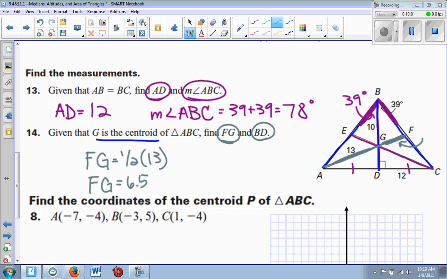If I want to figure out BD, BD is the entire length of the median. The 10 you're given is the big chunk. This chunk down here has to be half of that, which would be 5. So if I want the entire median length, BD is just those two pieces added together, which gives me a median length of 15. Moving down,